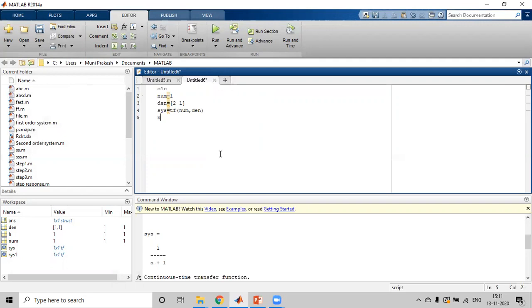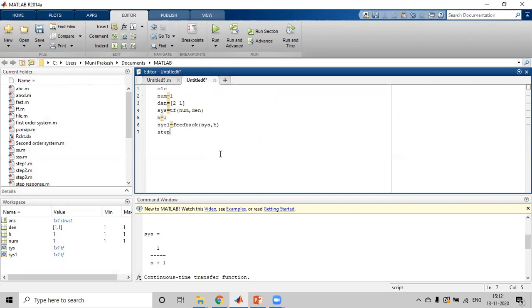Now we need to add a feedback element, unity feedback, and the overall closed loop transfer function s1 = feedback of the already existing system comma feedback element. This will give the closed loop transfer function.